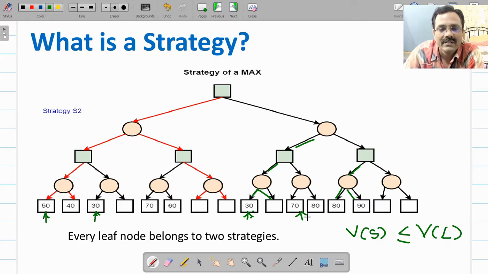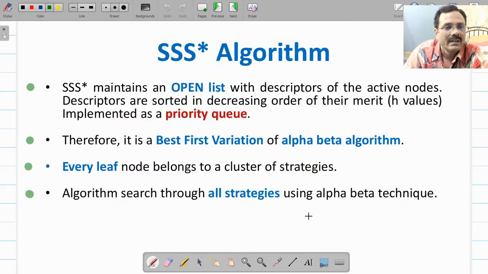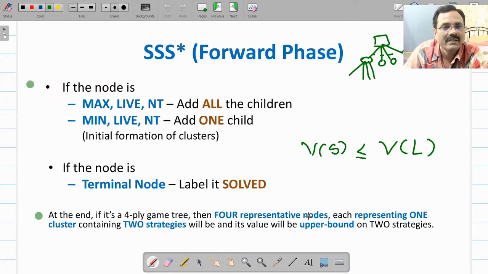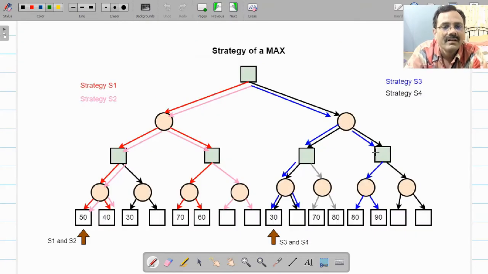So initially we can assume that this is the best available with us. Later on, if you get better than this, then it will be refined further. So that is your phase 1, the forward phase. Here you are going to generate a subtree which will cover all strategies, and you will get the minimum set of nodes.